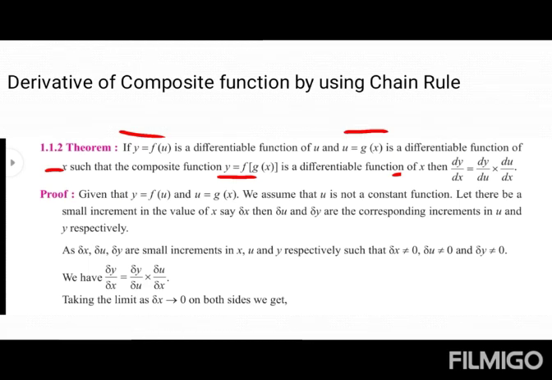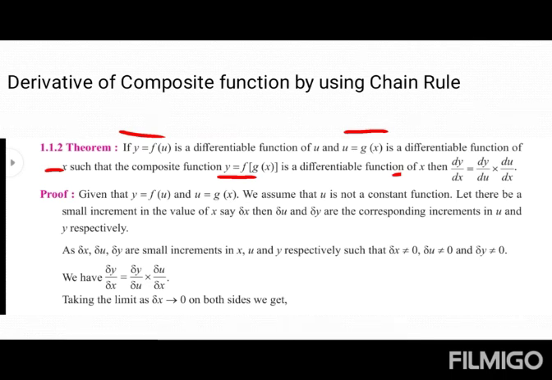As you know, a function which contains two or more functions is known as a composite function. Suppose we have an example, y = sin x. This is a simple function. But a composite function would be y = sin(log x). In this case the function contains trigonometry because of sine, and also a logarithm because of log. This type of function is known as a composite function.